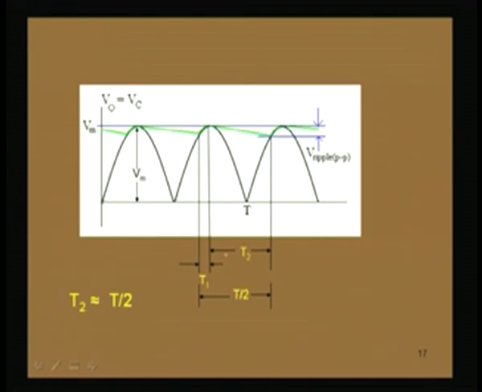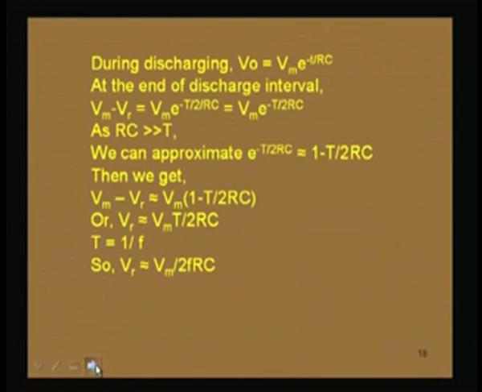So, without much violation, we can assume that T by 2 is almost equal to T2. Because this T1 is very small, we can approximately say that T by 2, the whole time from this point to this point, half of the time period of the input voltage, is equal to the non-conduction time T2. If we assume that, we can now find out an important relation, because during discharging,